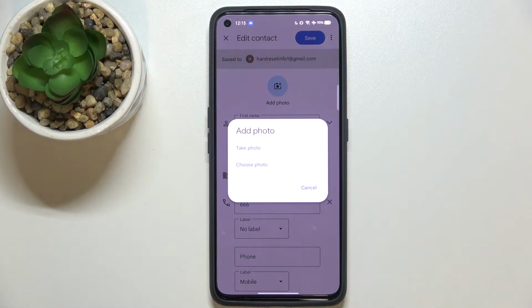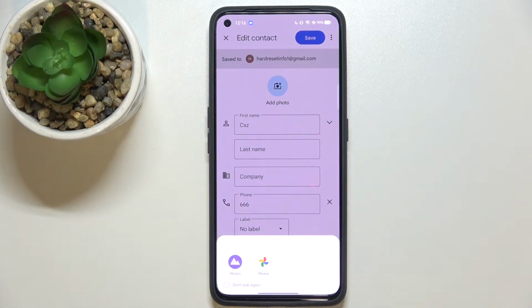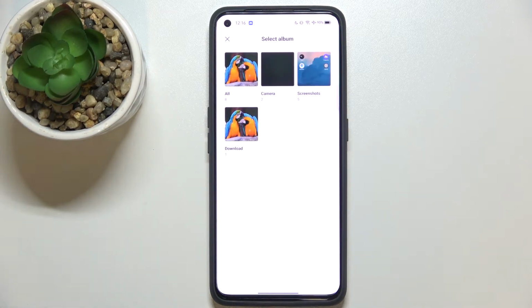And here we can either take a photo and thanks to this option your device will open the camera app. So this is the best feature to pick if you've got the person right in front of you and you'll be able to take a photo, or we can choose a photo from the gallery, and I'll pick this option, sorry. So here we can pick something from the Google Photos or the gallery, which is simply the same,